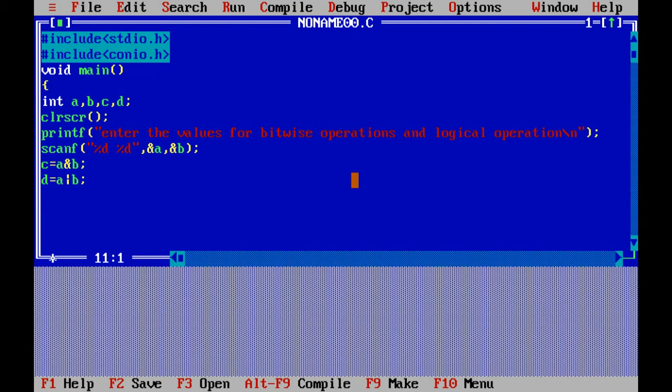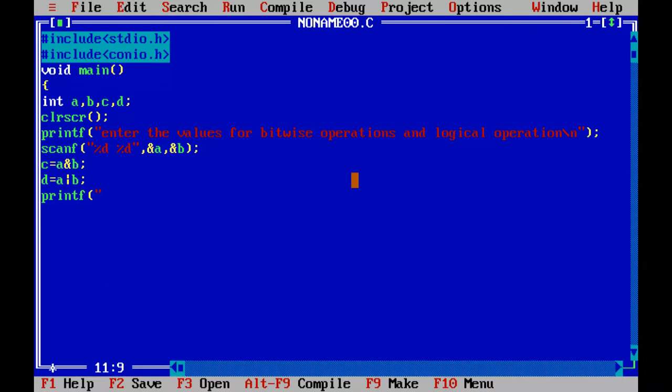Now, I will print the result which is placed in c and d. So how do I write? printf followed by parenthesis, then the double quote. After that, I have to print the results. So result of ANDing is, or simply I can use an equal to sign, equal to percentage %d.